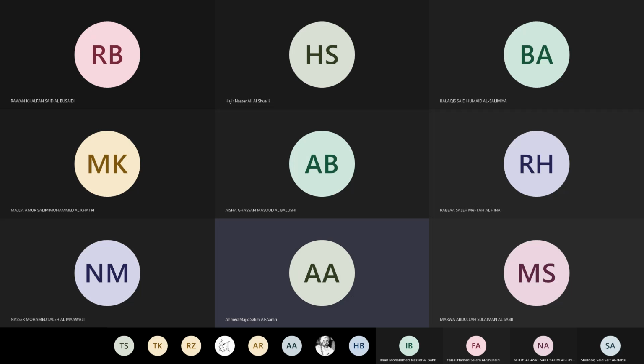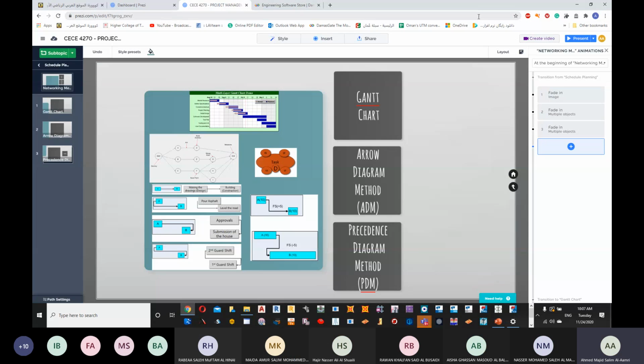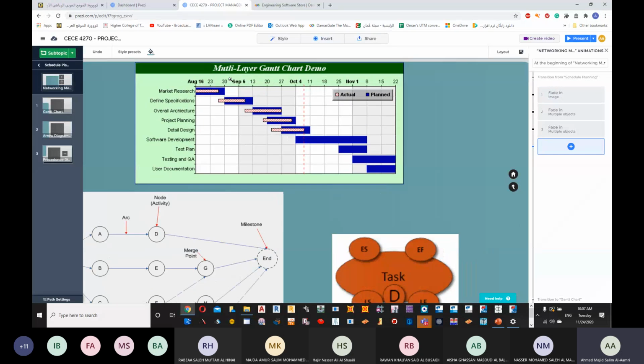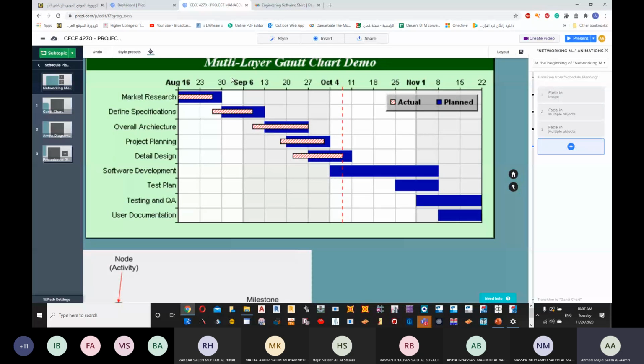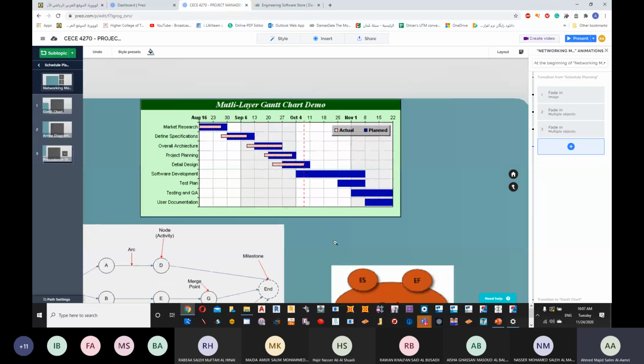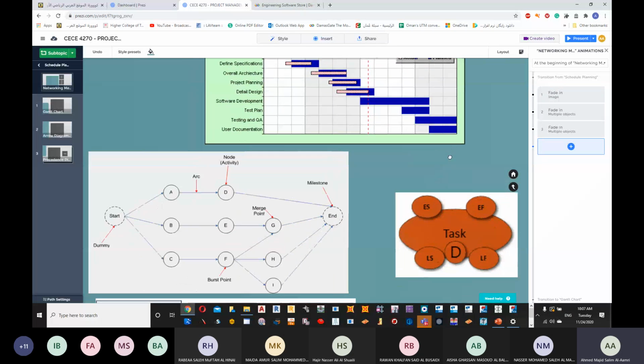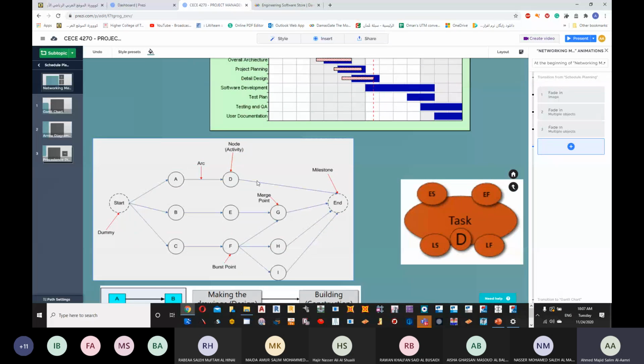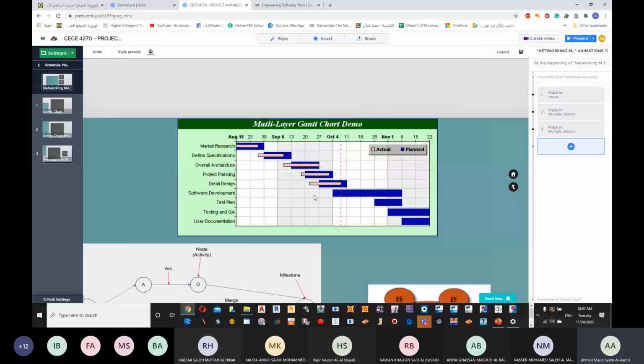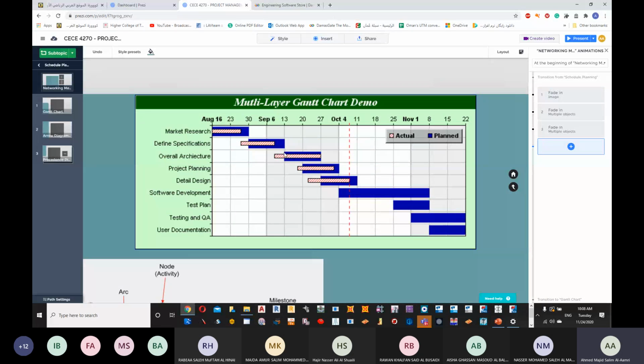Whatever we have done in the previous classes. We have started with the Gantt chart and we have specified the advantages and disadvantages of the Gantt chart. And if you remember, we said for the Gantt chart, one of the biggest advantages is that it's very easy to visualize. I mean, it's shown in a bar chart. Bar charts are very simple in terms of viewing and reading compared to an arrow diagram method. Okay? So one of the biggest advantages of the Gantt chart is that it's easy to see since they are using bar charts. Okay. The second advantage of the Gantt chart,